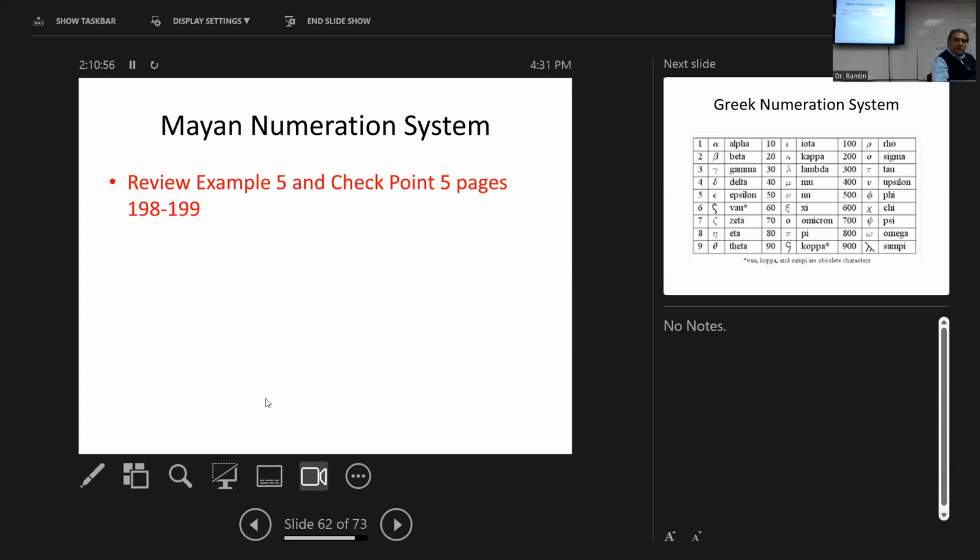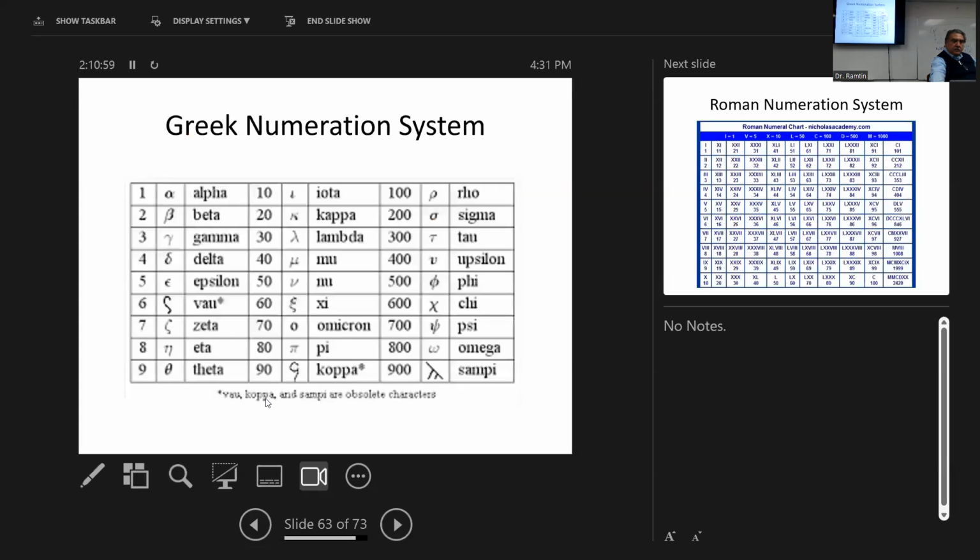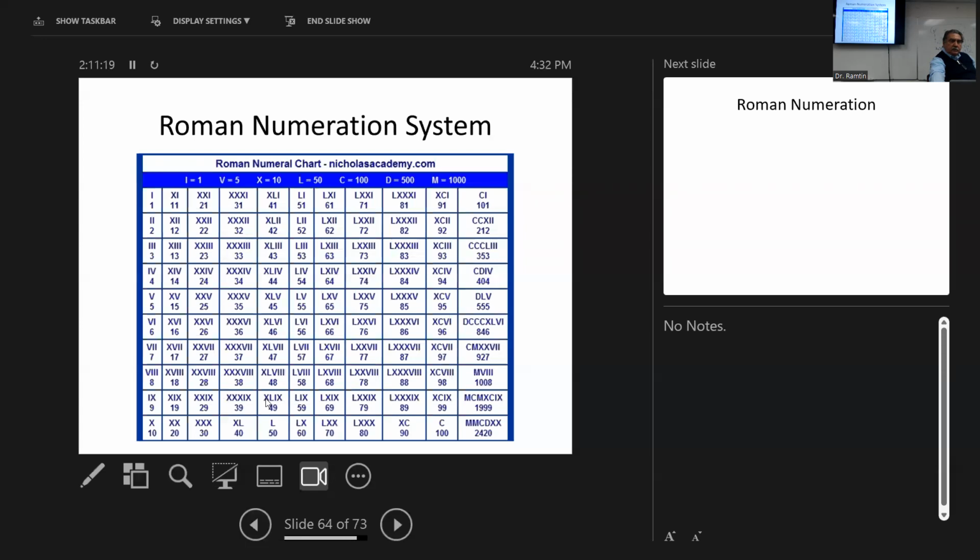Example, no, we did that already. Yeah. So now, the Greek numeration system: you have the numbers from 1 to 900 with their names and their symbols, alpha, beta, gamma, all of them. Then you have the Roman numeration system, and believe me, in any culture, when they don't come up with the number 0 and a simple base and positional operation, that civilization is doomed